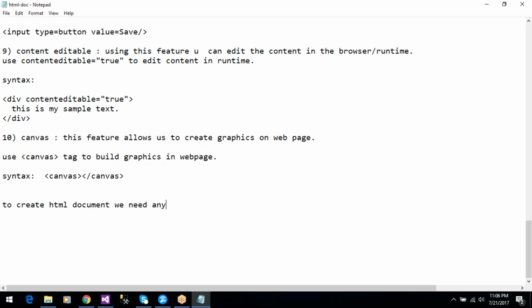There are a number of editors available. Adobe Dreamweaver, and the second one is Sublime Text, and third one is Coffee Cup HTML editor,